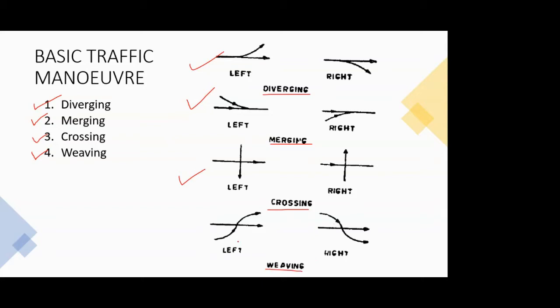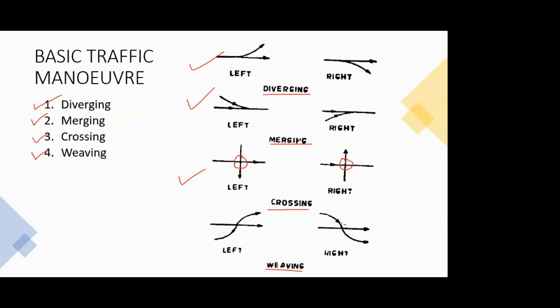This also we'll see in the next couple of slides when we see the rotary intersection. There is a difference between crossing and weaving. Crossing is, as you can see here in the picture, they cross at almost a perpendicular, and one of the vehicles has to stop in order for the other vehicle to cross. Or not even stop, at least the driver has to reduce the speed significantly so that the other vehicle passes.